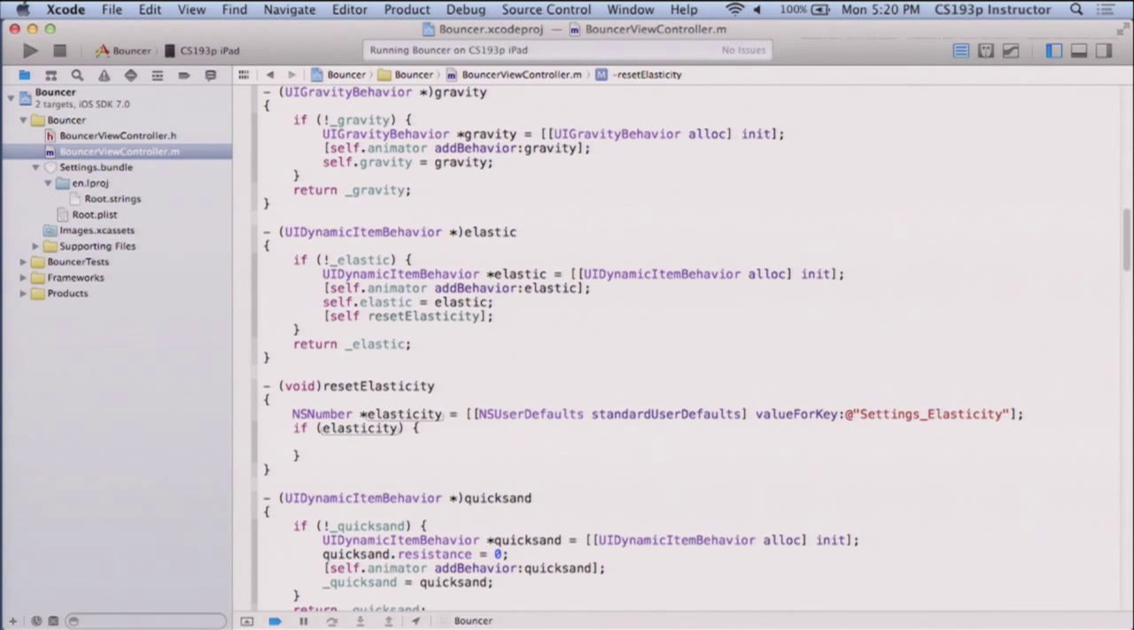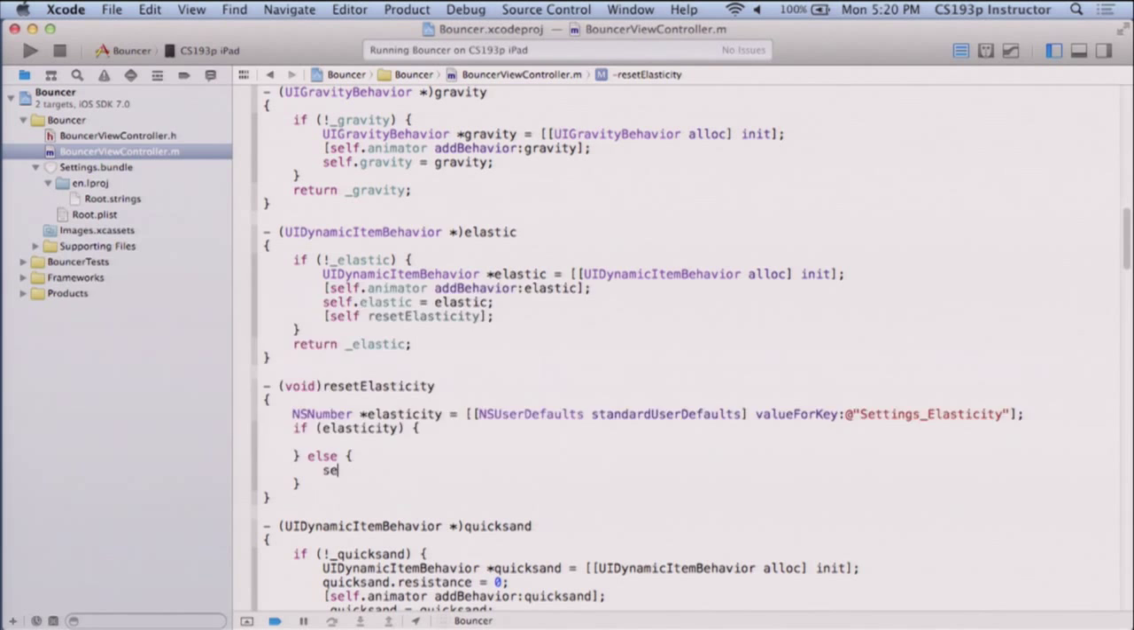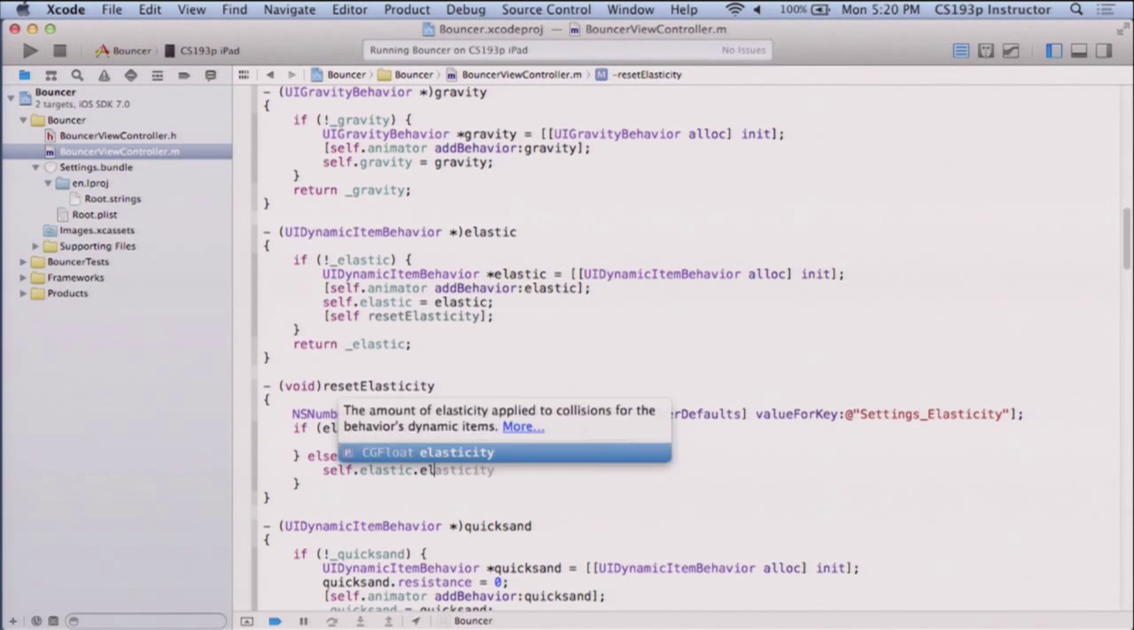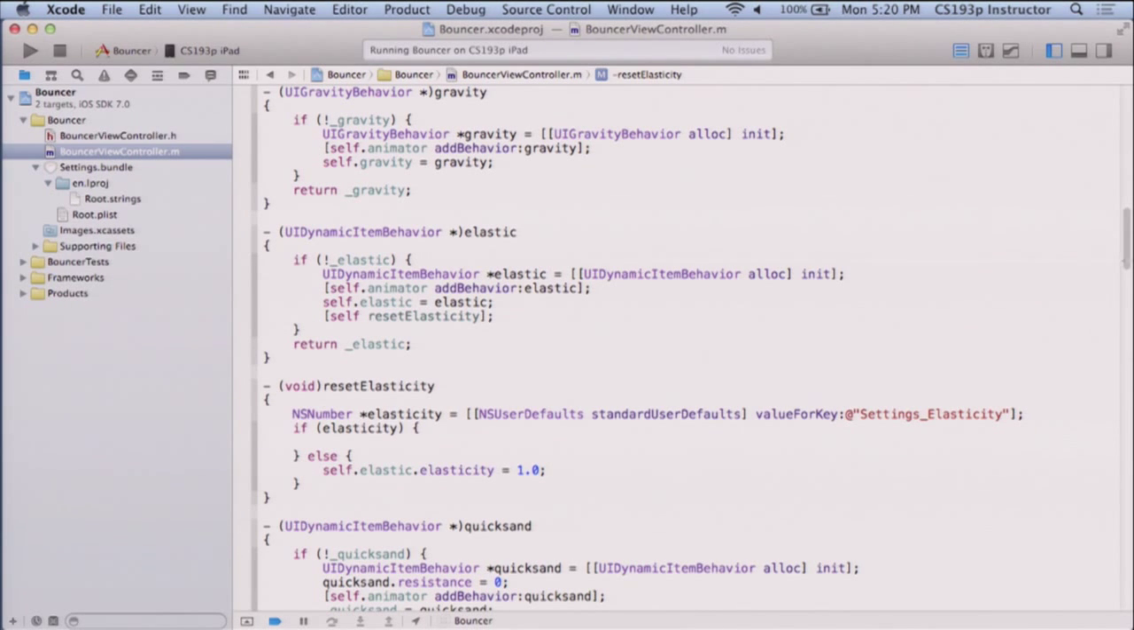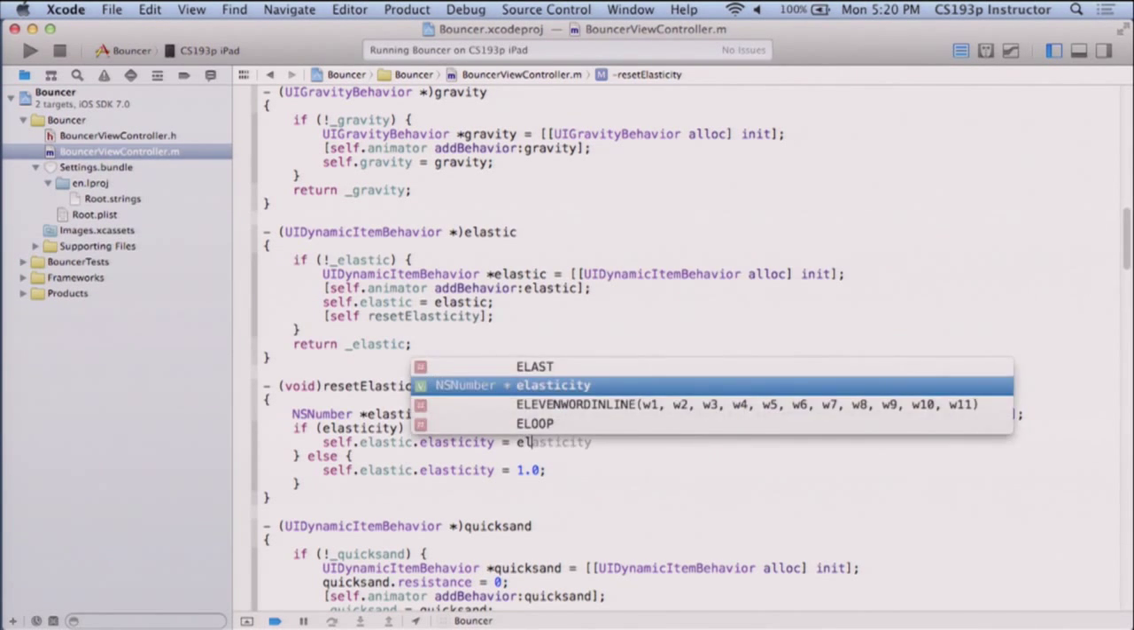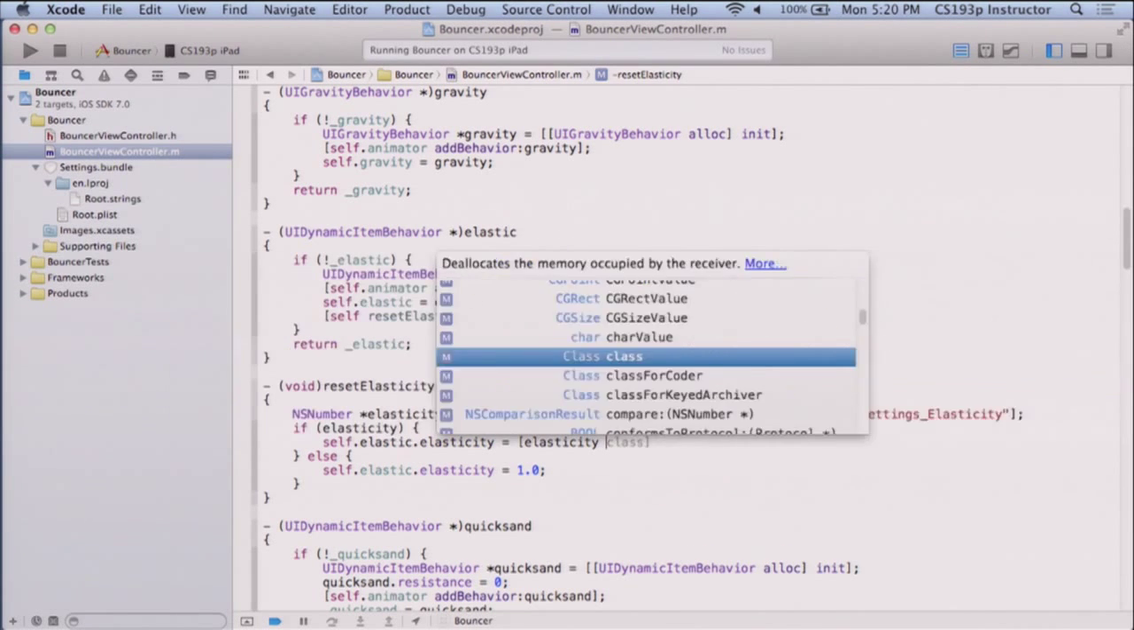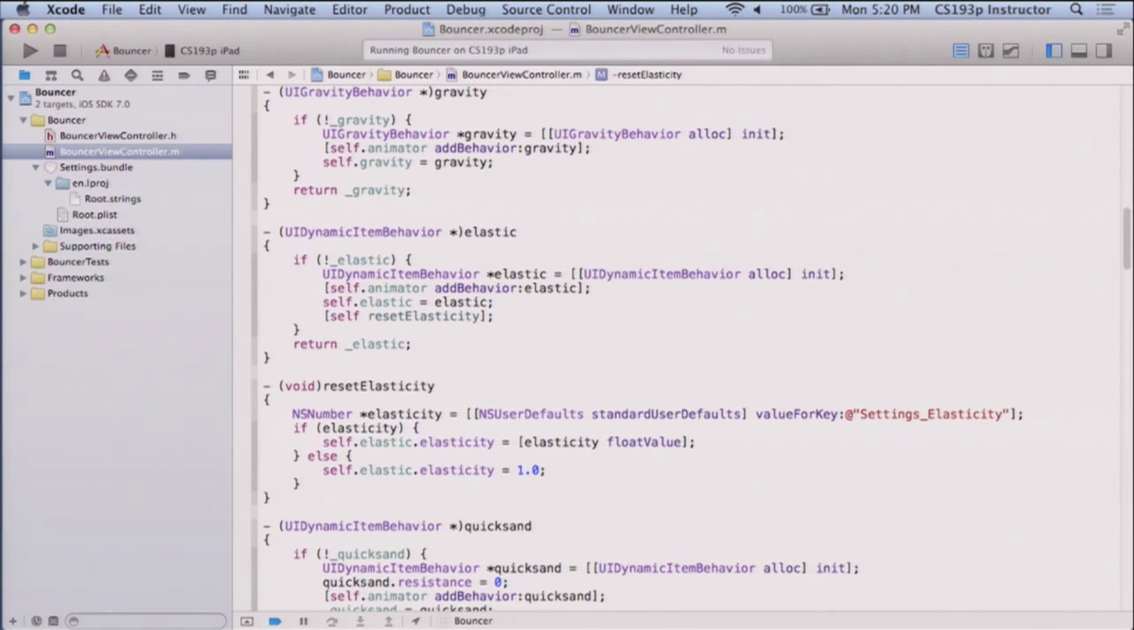If it's not set, if no one's ever gone into settings, then I'm going to set my elasticity to be 1.0, which is what it was before. But if someone has gone to the settings app, then I'm going to set my elasticity to be this elasticity's float value. Simple as that. Okay? Now, this works great the first time we ask for the elasticity, but what if someone